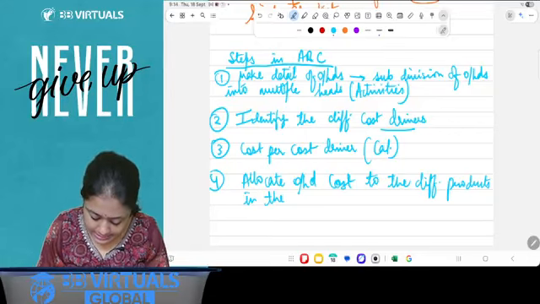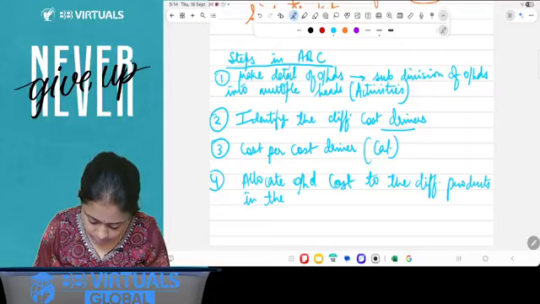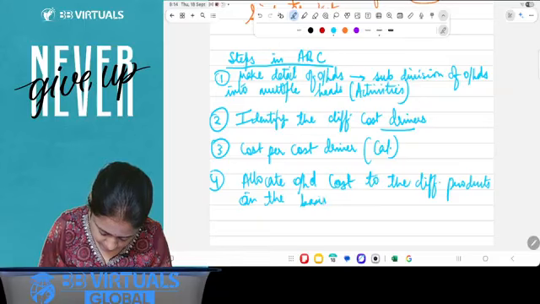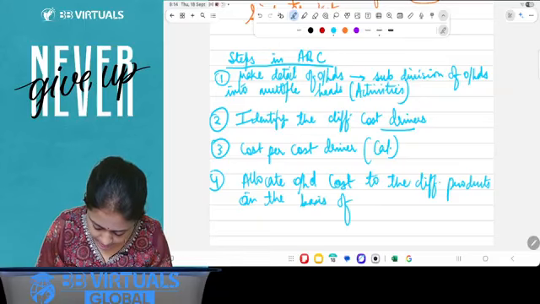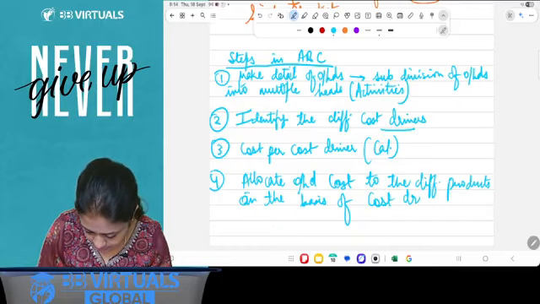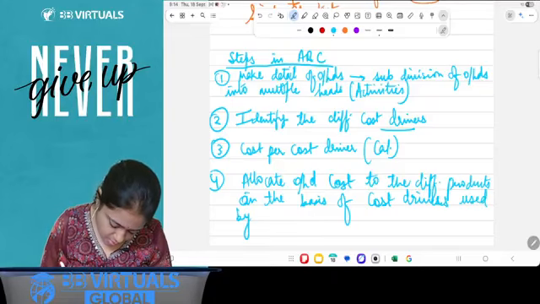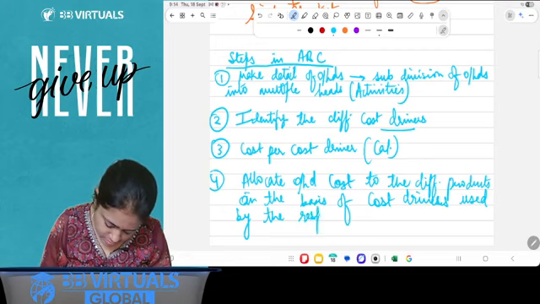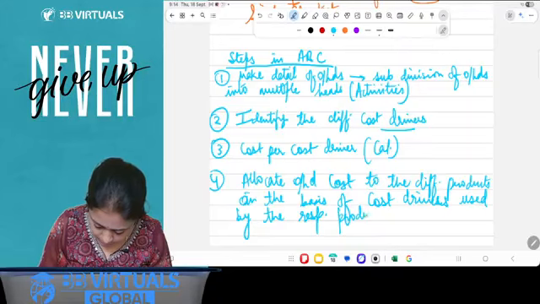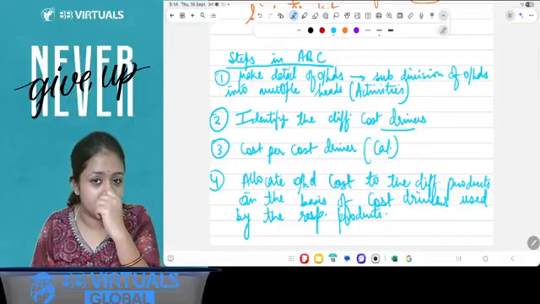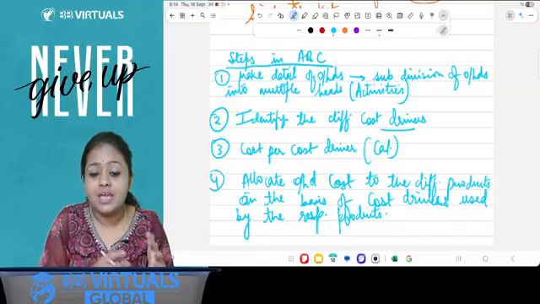So different products, on the basis of cost drivers used by the respective products. Okay, so let's say if the product is using the cost drivers, let's say 10%, like I gave you an example for product 1,